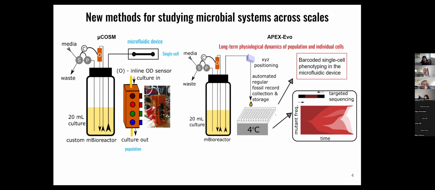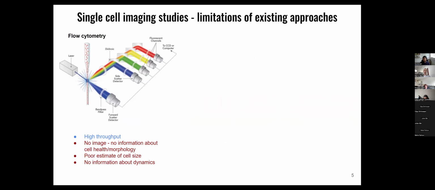And I'll present the motivation for why a new method was needed, and why the existing methods are not suitable for this. Now, when we're trying to understand the physiological dynamics of individual cells, throughput is important, which is why many labs still use flow cytometry, because it provides a massive number of cells per second. However, the data from FACS does not provide an image of the cell, the estimates of size from backscattering measurements are not really reliable, and there is no information about the dynamics.